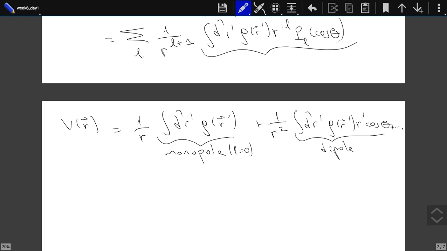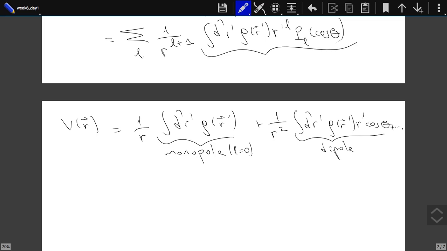Now for us, for our future discussions also, it will be the dipole that's the most important for us, because when you talk about atoms or molecules, most of the time they are neutral, so they don't have this monopole contribution, but they will have a dipole. Either they will intrinsically have a dipole, or they will have a dipole when we apply an external electric field to them. And the remaining terms will be